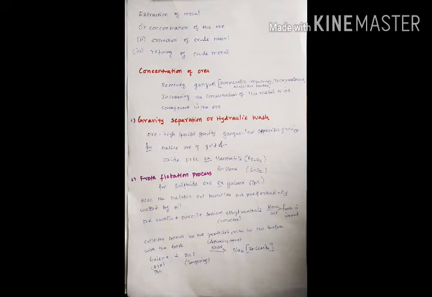The second method is the froth flotation process. Froth flotation process is especially for sulfide ores. An example of a sulfide ore is galena, PbS, lead sulfide. Here, the metallic ore particles are preferentially wetted by oil. This is the basic principle behind this process. In this process, as I have already told, the ore is finely crushed or powdered. It is taken in a large tank containing water. The ore is added to the water, or the ore is suspended in the water. Then we have to add a small amount of pine oil or eucalyptus oil.